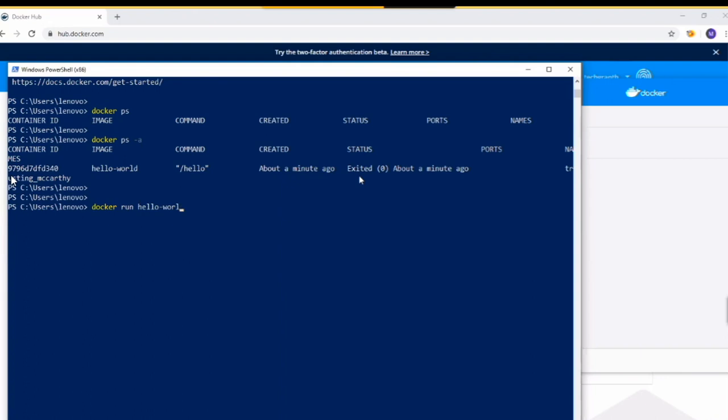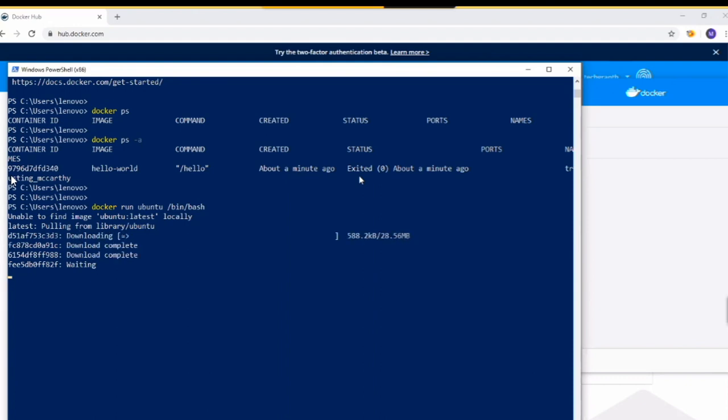So let's run another container with a different image. Docker run ubuntu, right? Let's use the ubuntu image with the /bin/bash prompt. Same as before, it did not find the ubuntu image locally, so it will download it from Docker Hub and then run the Ubuntu container for us.